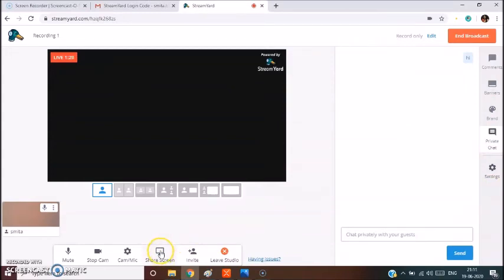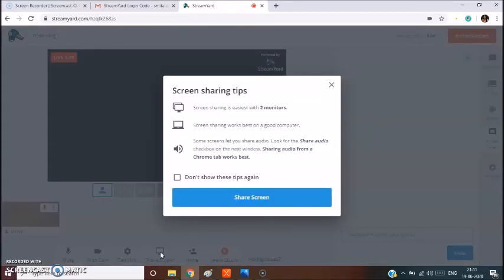Let's now see how to share the screen. To share the screen, click on share screen. They will give you some tips like screen sharing is easiest with 2 monitors. Screen sharing works best on a good computer. So these are the tips given by them.